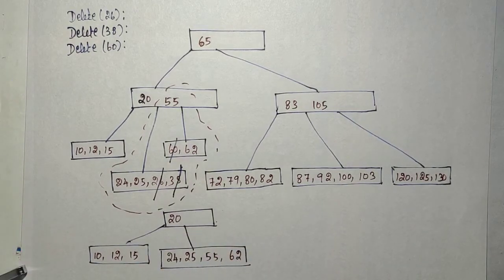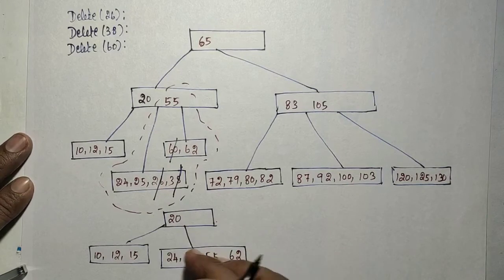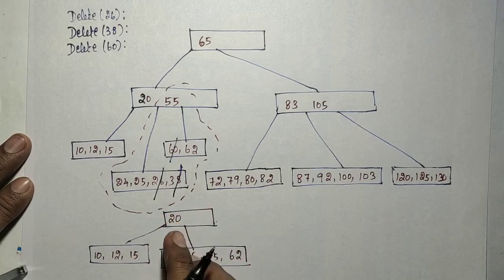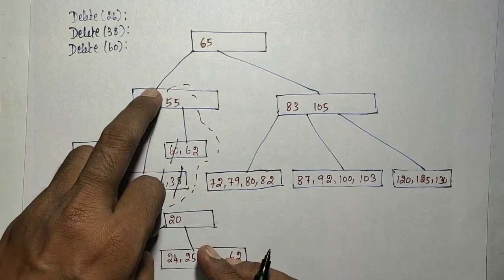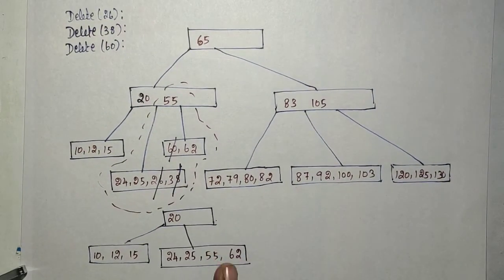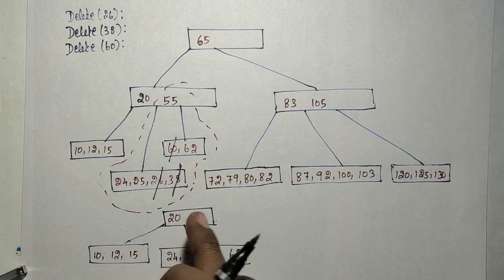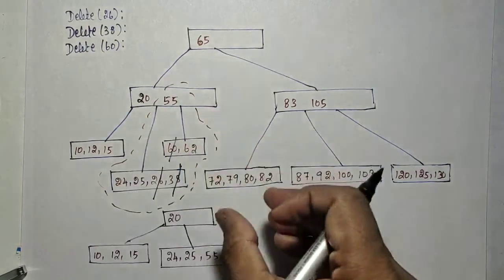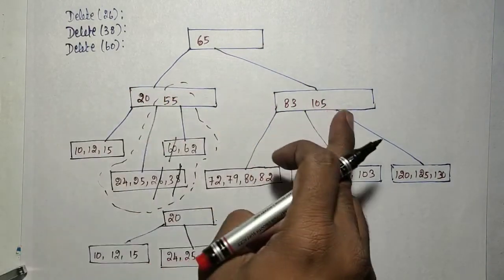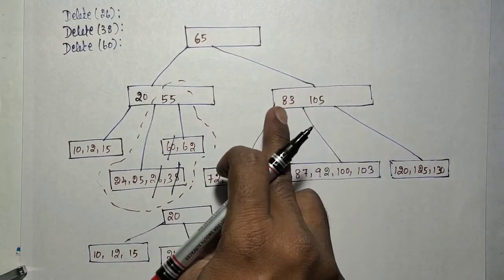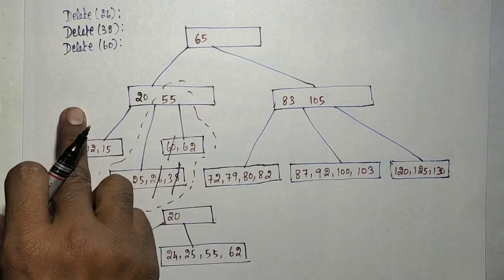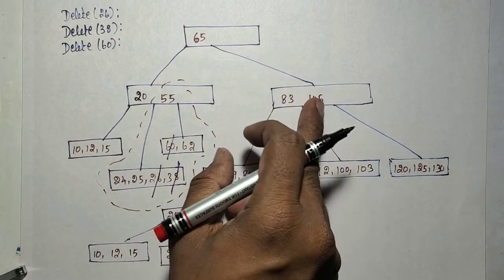Okay, it is there. So now it means that here we are losing one element, correct? We are losing one element. So the 20, I need to, it is an intermediate element actually. One element is missing, it goes underflow, so try to get from the left, no left. Right sibling is having only two elements, that is 83 and 105. So I cannot borrow from the left sibling or a right sibling, so I need to go for the